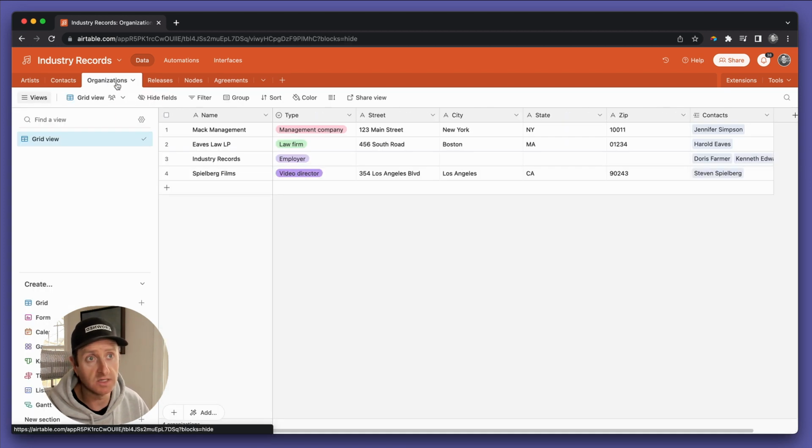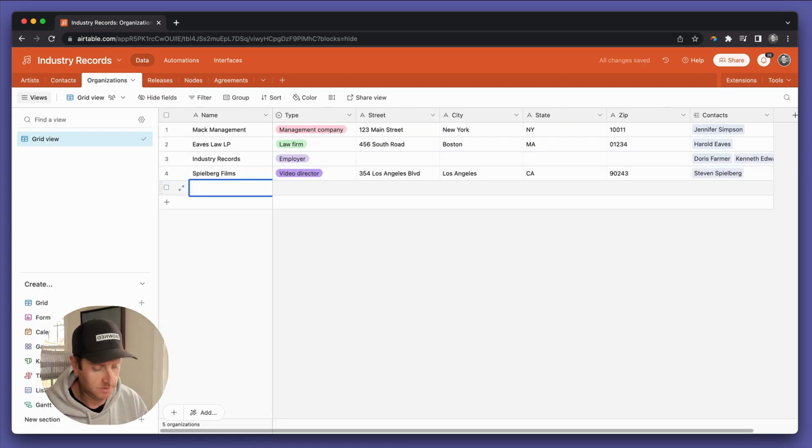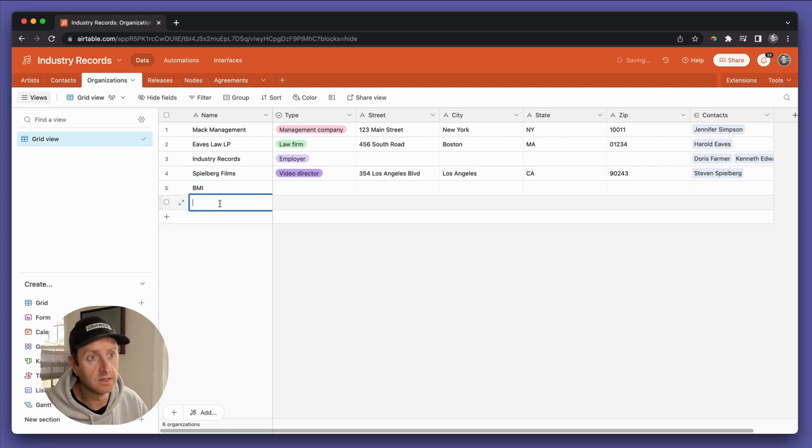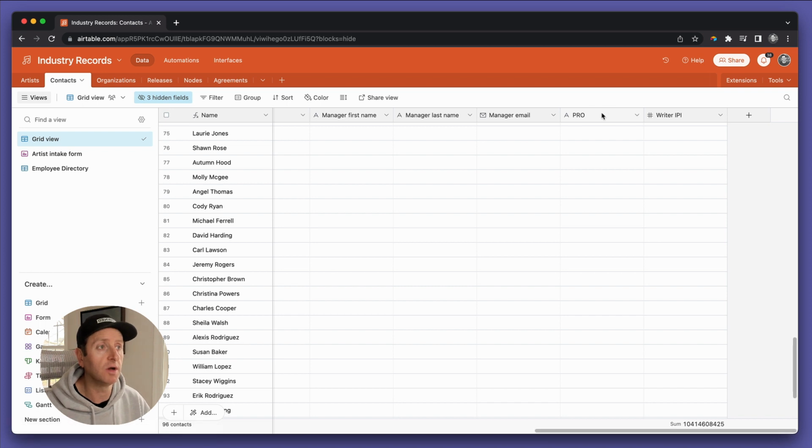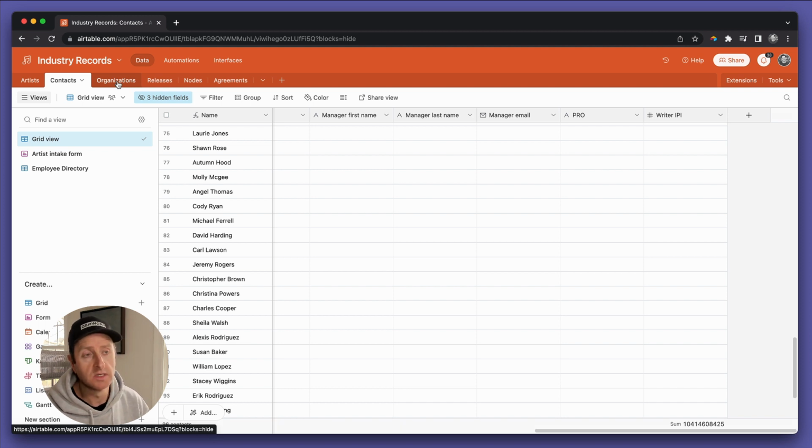In this case, we've already done so. It's called organizations. We should put BMI in there. We should put ASCAP in there. SESAC in there. And then we should turn this PRO into a linked record to organizations.